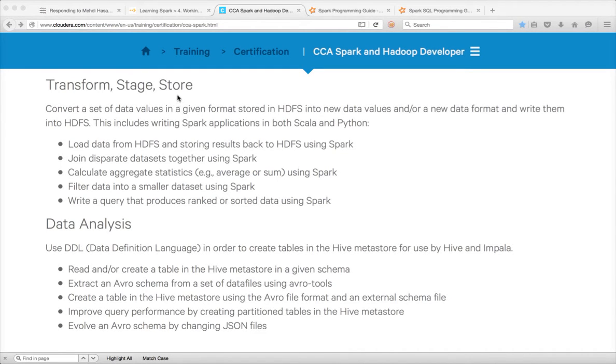As part of Transform Stage Store, currently I am talking about calculate aggregate statistics using Spark in Python context. And we have seen totals, we have seen by key aggregations as well. Continuing by key aggregations, in this video I will cover how to get the max by key, and also